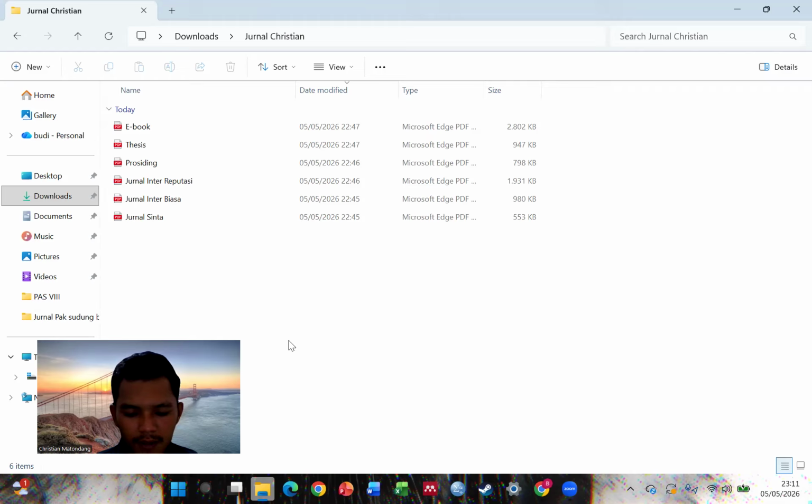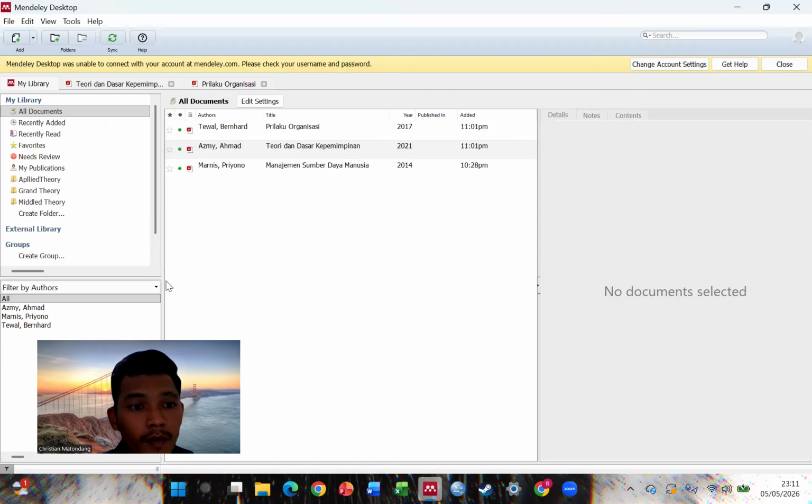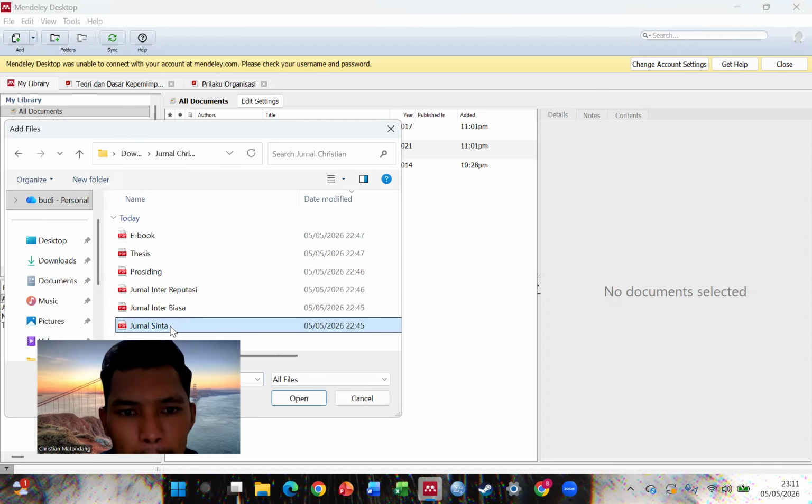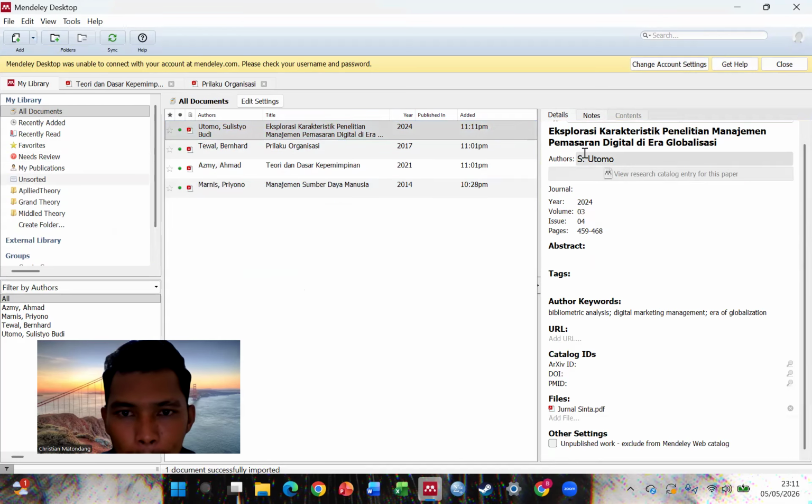For this first one, I select a SINTA journal file, click the file and click Open. All right, the file is now in your list.